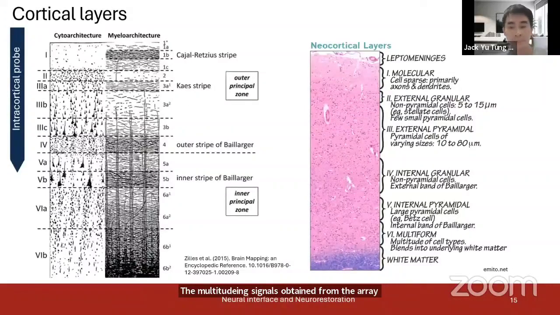So at this point, we just want to move on to talk a bit more on the different layers of the cortex and their electro